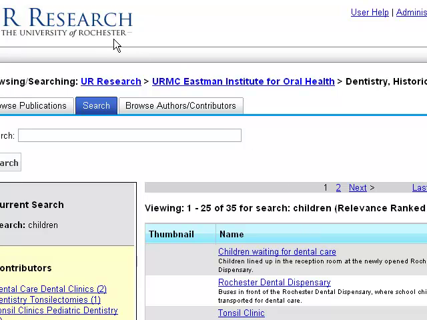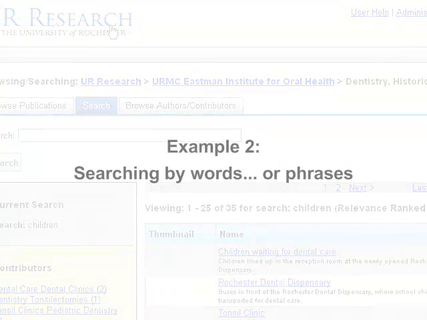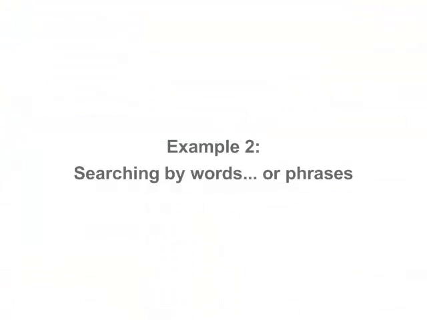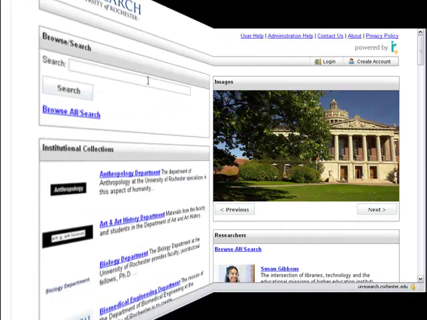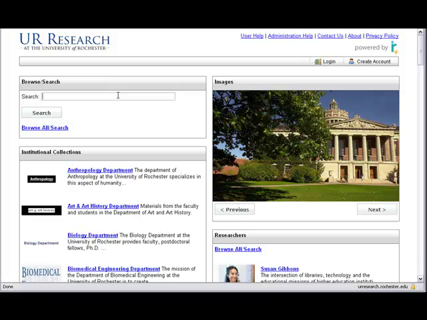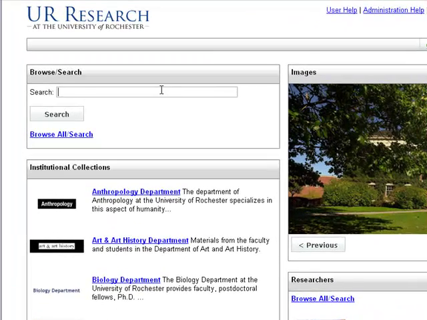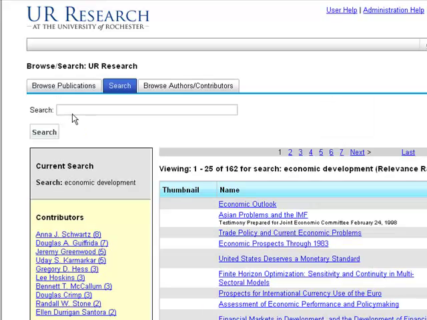Let's jump back to the home page by clicking on the logo up in the upper left. And here's our next example. You can search the whole repository, and let's look for the words economic development. We get 162 items,